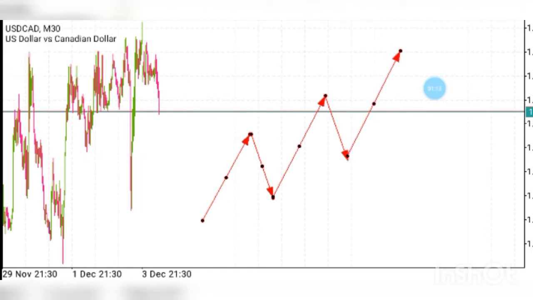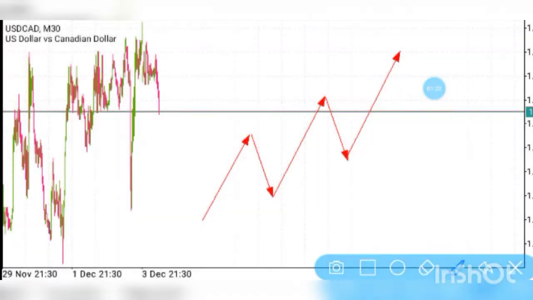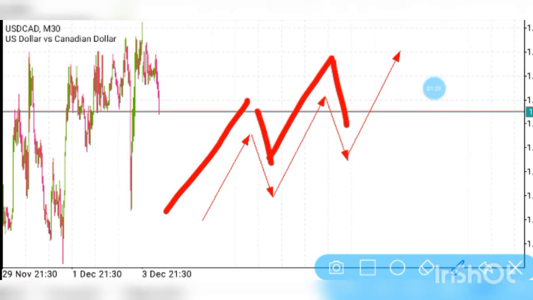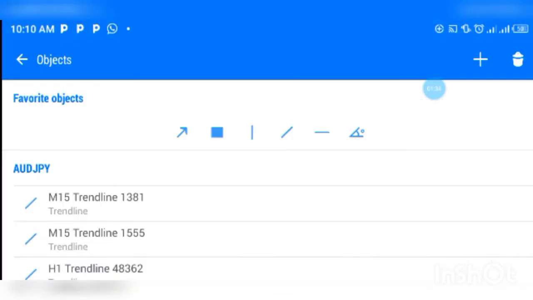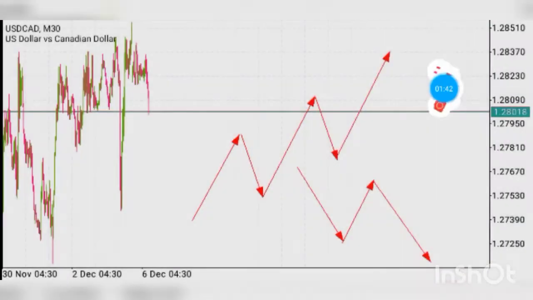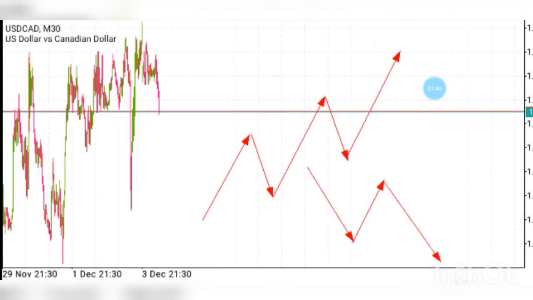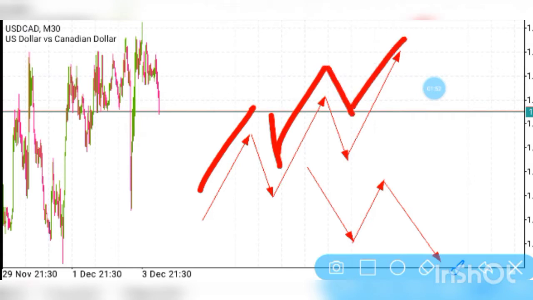So this is the way the market moves. If you have done the fundamentals, this is the way the market moves: impulsive, correction, impulsive, correction, impulsive, correction. That's how the market moves. The same thing too if it's moving to the downside: it moves impulsive, correction, impulsive. So guys, this is the way the market moves, also to the downside. It moves in this format, impulsive, correction, impulsive. Same here, impulsive, correction, impulsive. That's the way the market moves.